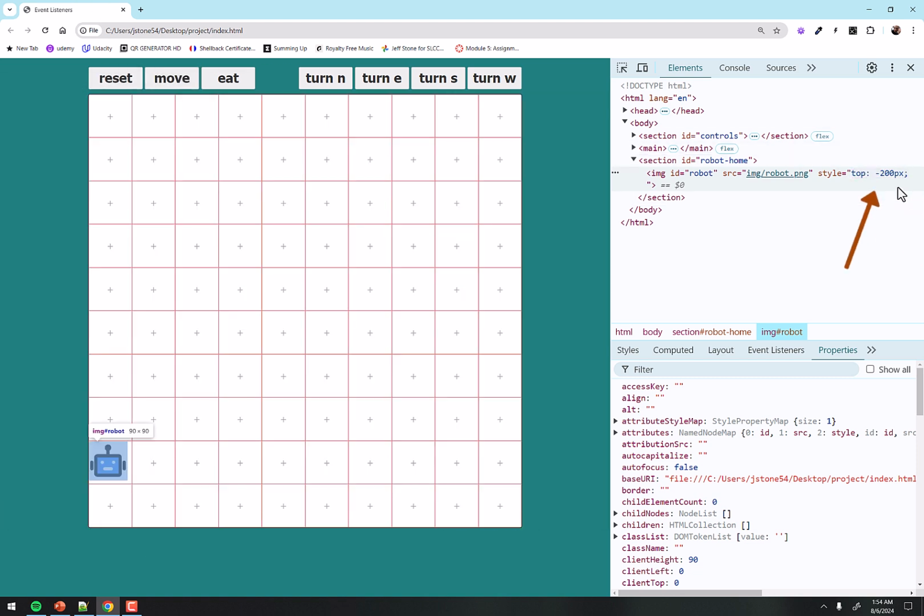And you can see over there on the right, it flashed. And when I click move again, it's going to go 3, 4, 5, 6, 7, 8, 9. And we do have this problem that he can just break out of the world, right? We don't want that. We'll fix that in a minute. But right now, every time I click move, he only goes north. Well, we want him to go north when he's pointing north. But if he were pointing to the right, east, or to west or south, we want him to go that way when we click the move button, right? So this is where we're going to start building the turning position stuff here.